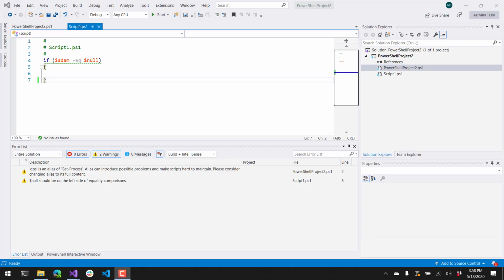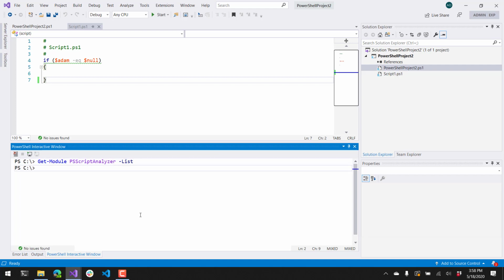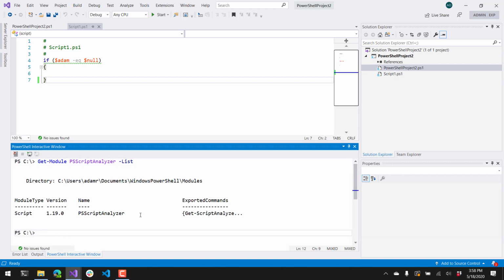In this video, I'll show you how PowerShell Pro Tools integrates with PSScriptAnalyzer inside Visual Studio. Right now I have PSScriptAnalyzer version 1.19.0 installed. And what PSScriptAnalyzer does, it does static analysis of your PowerShell script so that you can see suggestions